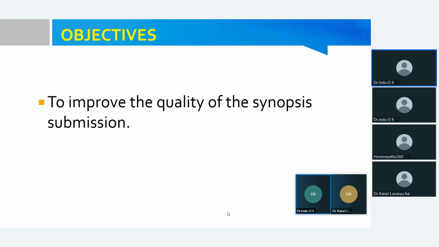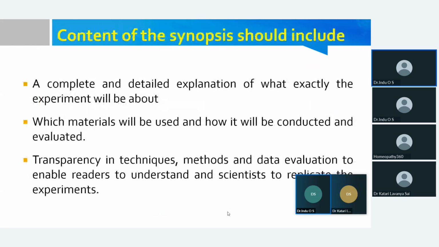So, what all things should be there in a synopsis? Next slide. What are the contents of a synopsis? You should know what all things should be added. As per different universities, the synopsis format or proforma may differ. But in general, one common format is there for synopsis writing. In the next slide, you can see the contents of the synopsis, what all things should be there. You have to be very careful with these headings.